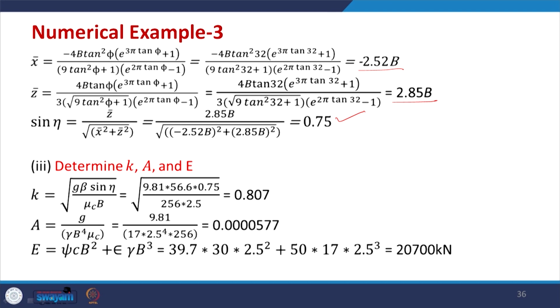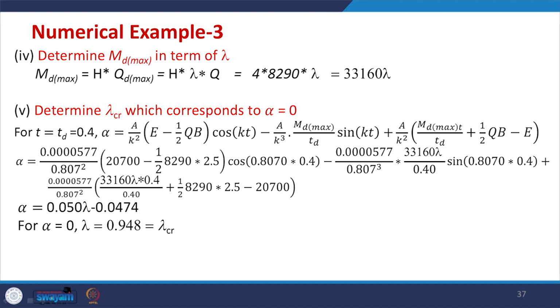Then we continue to find other parameters k, a and e, which are calculated in these equations. K is calculated here, a is calculated like this, and e is also calculated like this. Once all these are calculated, then in the next step, the value of maximum moment, which is h into qd max, where qd max is nothing but lambda into q. Q is known to us, but lambda is not known to us, height is also known. So, ultimately md max is in terms of lambda. Now, lambda is unknown here, and